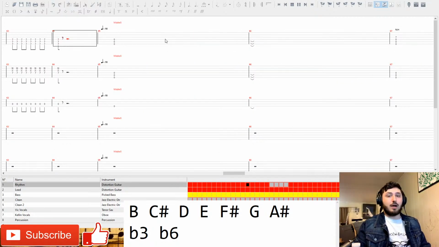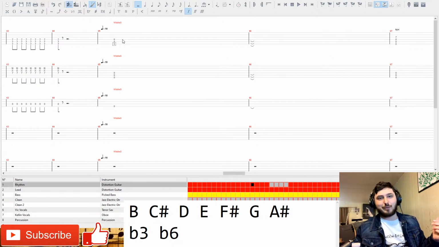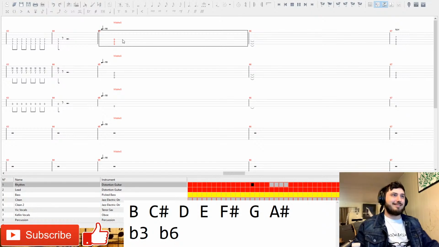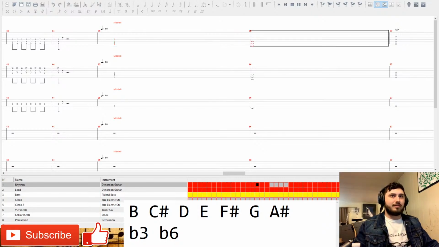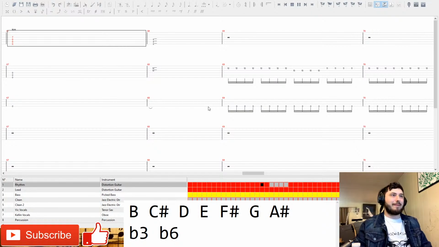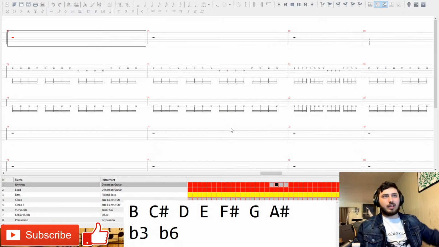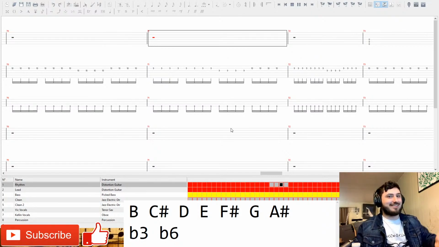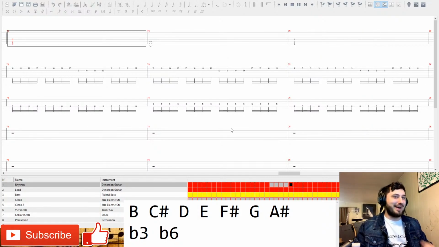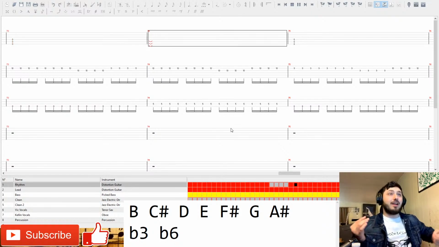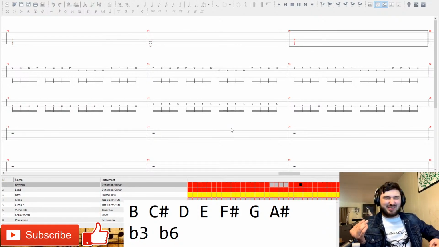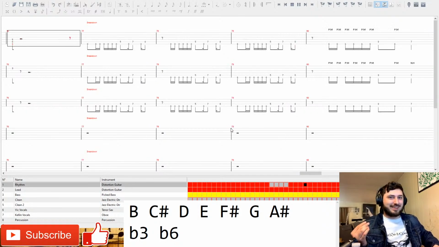Now, this is where it gets kind of interesting. So we're going into the breakdown, basically. This is the build-up into the breakdown. So we've got a B5. That's just the root. If you're a metal song and you want the breakdown to come, you hit that open. Hell yeah. Now we got the build-up. Looks like we're hitting that open. Ooh, 6th fret. That's a stinky note. I'll tell you why. Alright, an octave, stinky note. This is the stink bass note. This is what sells the breakdown.